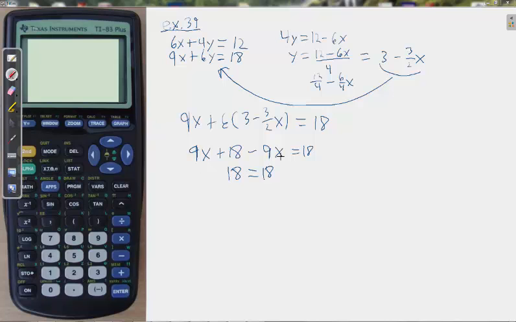By the way, the difference between infinite and no solution is that in infinite number of solutions, you'll come down to something like this: 18 equals 18, or 5 equals 5, or 0 equals 0. With no solution, it will come down to something that is not true, like 18 equals 19, or 20 equals 0. But if it is true, this means there is a solution, and there's an infinite number of them,